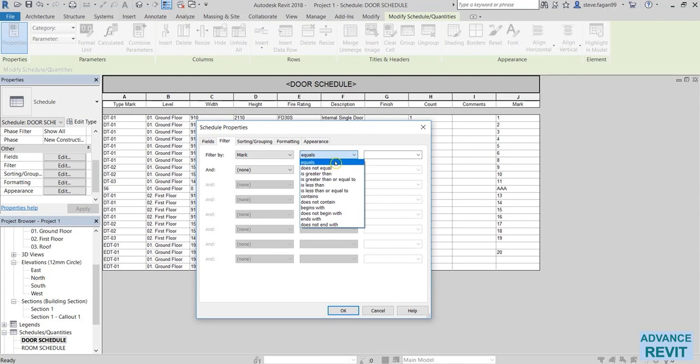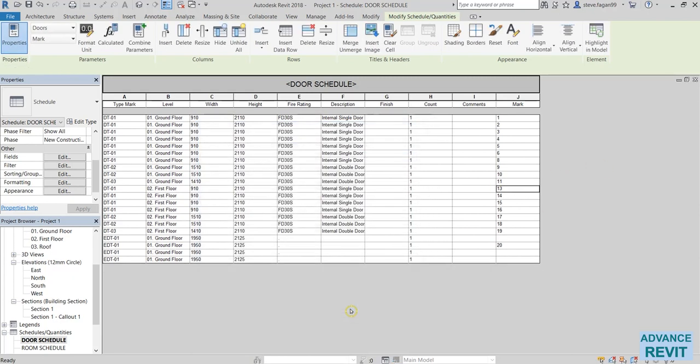And so I have a couple of options there for what I can filter it by. What I want to choose is does not equal. So anything that does not equal this will remain. And if I then type in the AAA like we have here, press OK, and it's now been filtered out